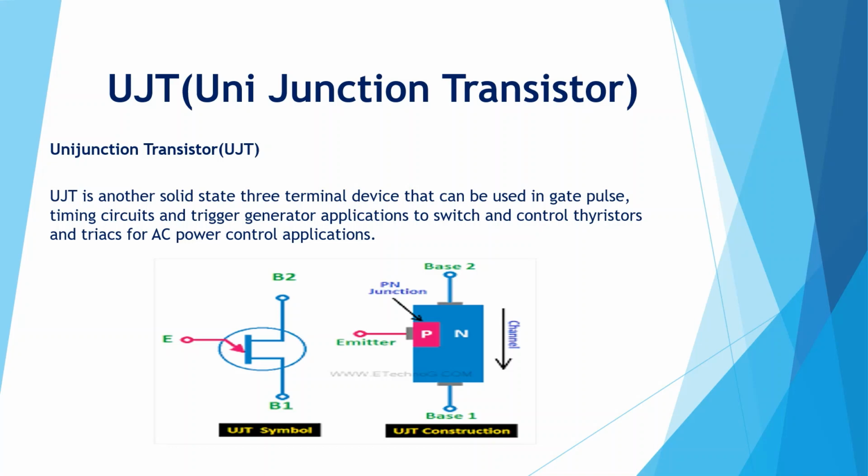All these devices which we will try to understand in this unit are referred to by their generic name. They are generally called thyristors. For example, we had FET, field effect transistor, and there are two types of FET, JFET and MOSFET. Similarly, we have thyristor, and there are a number of different types of thyristor which we will try to understand in this unit.